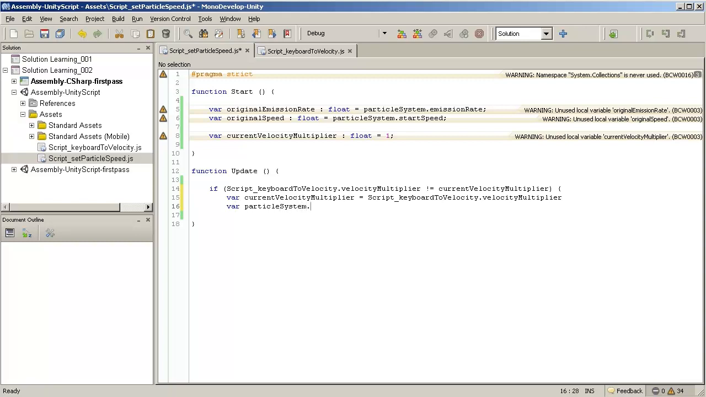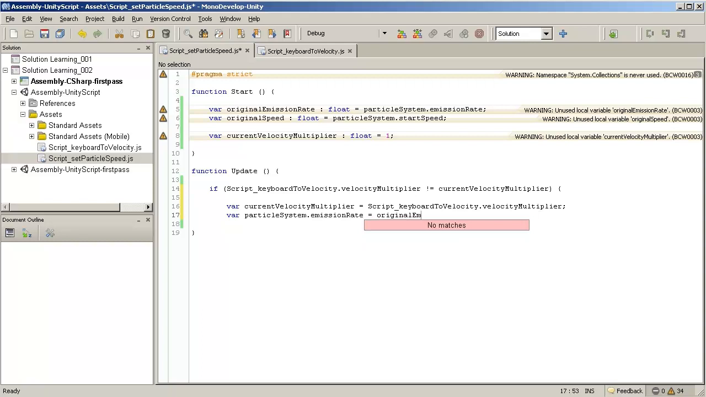Particle system emission rate equals, there needs to be a thing there, and let's just give ourselves more space. No, not a comma, a semicolon. Equals original emission rate multiplied by